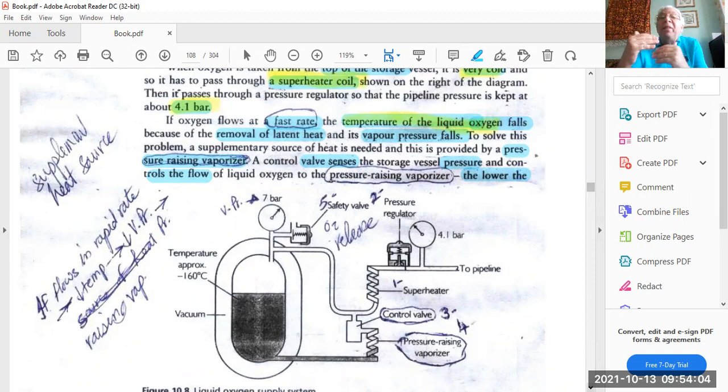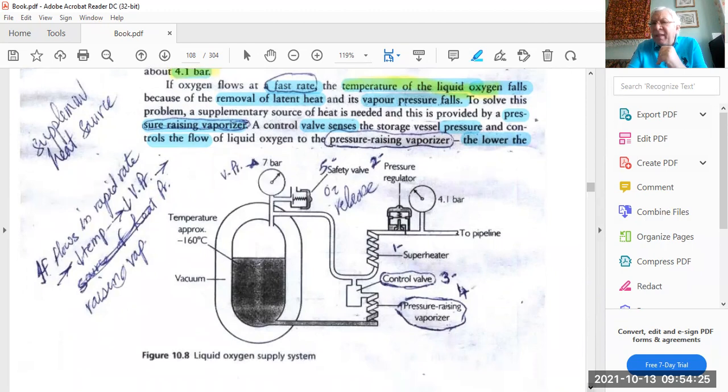The oxygen is being transferred from liquid to vapor, and then it comes out very cold. So we must have a coil as a superheating instrument. Suppose this oxygen coming out from the cylinder, which was 7 bar, in the pipe system will reach 4.1, as most gases entering this pipe system. We have in addition what we call a pressure raising vaporizer, in case there is too much flow of oxygen from the cylinder,